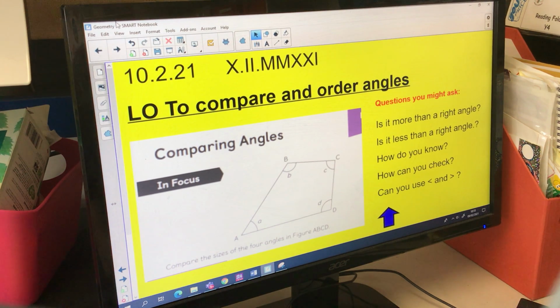Morning Year 4, it's Wednesday the 10th of February and this is a maths lesson for my maths group. Today we're going to be comparing and ordering angles, but before we start that we're just going to look at